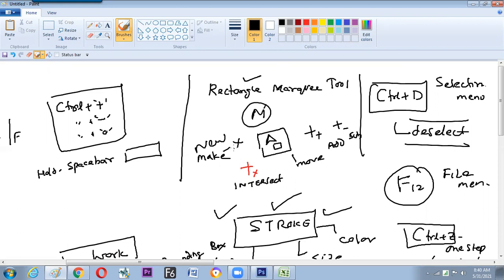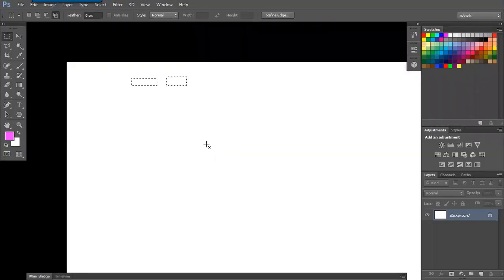So how many cursors have we come across now? 1, 2, 3, 4, 5. So 5 different cursors and 5 different uses. One is to create a new selection, the other is to add, the next is subtract, and the last one is intersect. Is it clear? Yes, sir. Now we'll move on. What is the topic going on? Tips and tricks, and the cursors related to the tool. So let us start with a new one.